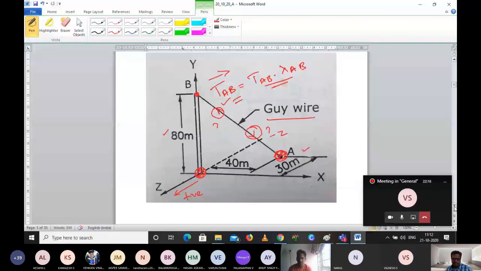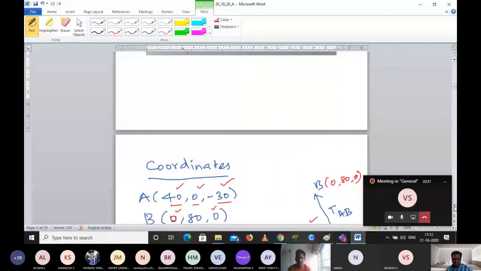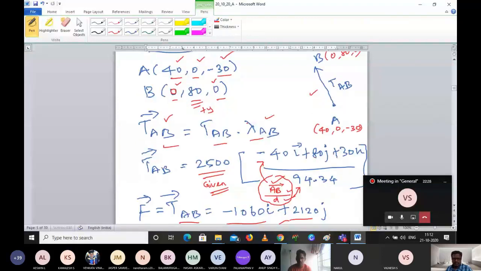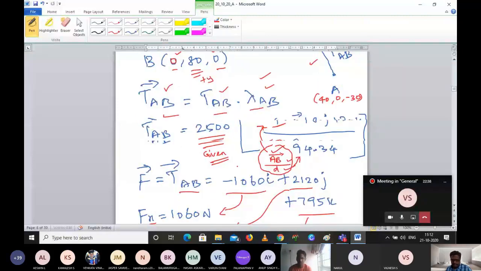Those who have completed, you can just listen, so that it recollects all those things. Then we have to calculate a similar one. Because it's in 3 dimensions, you have to calculate the vector, so magnitude multiplied with the unit vector. It's a very simple problem, actually a 2-mark problem. You multiply that, and you will get the first vector in terms of i, j and k.